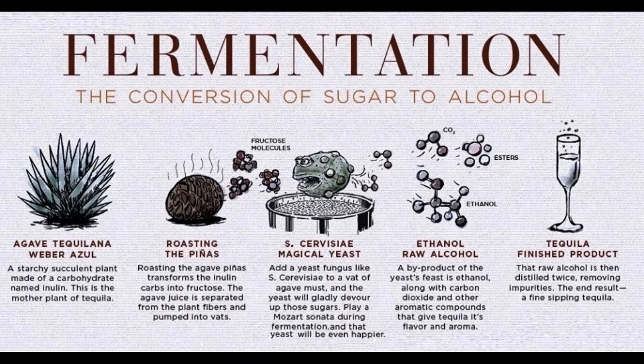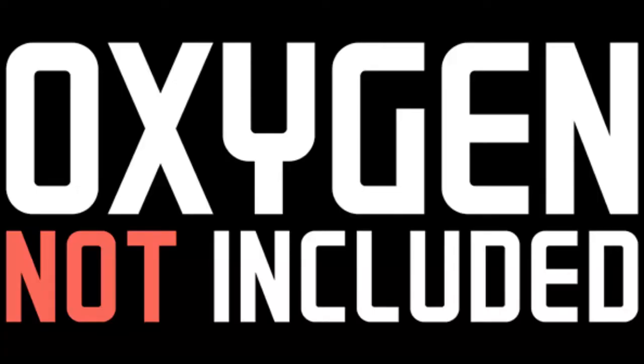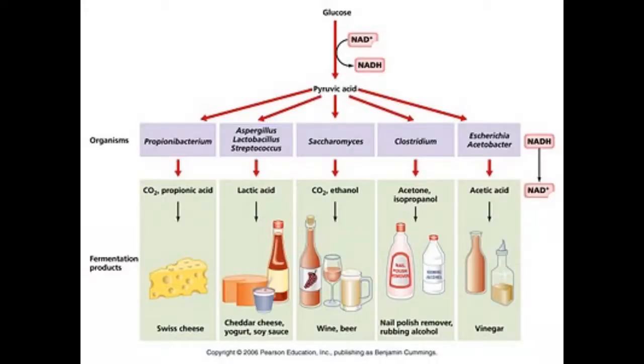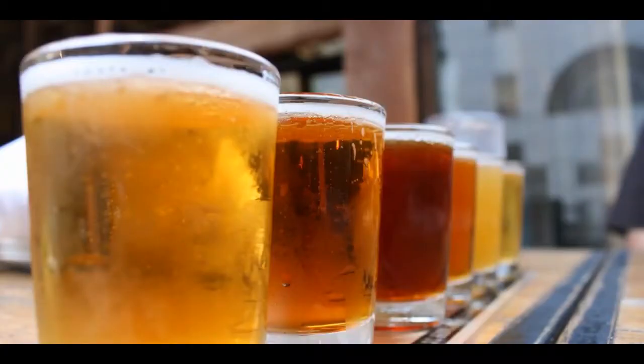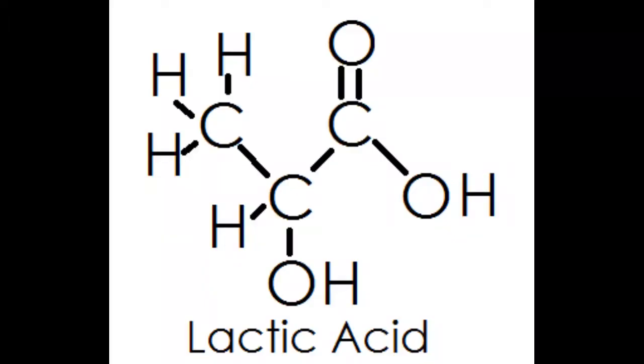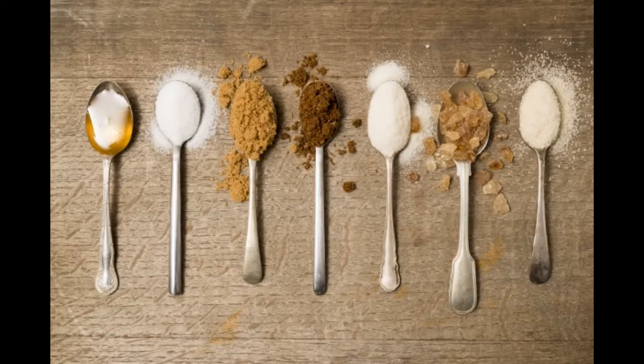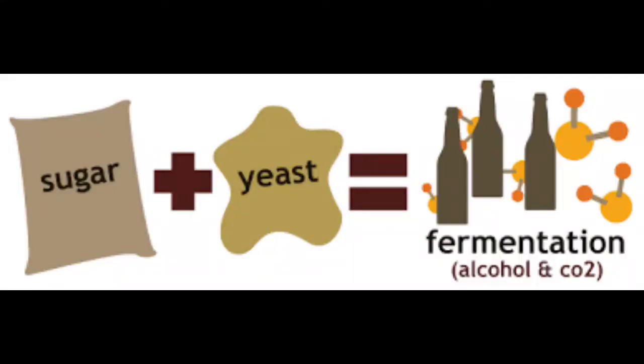Fermentation is an anaerobic process. This means it does not require oxygen to occur. Fermentation can create a variety of end products, but we will mainly be focusing on alcohol and lactic acid fermentation in this video presentation. When placed in an anaerobic environment, yeast will ferment sugars, or glucose, producing CO2 and ethyl